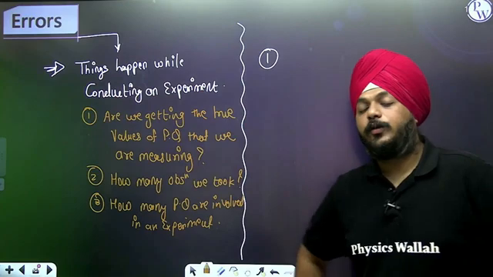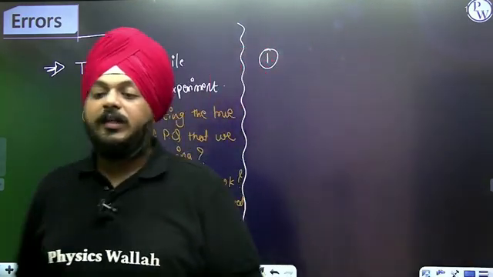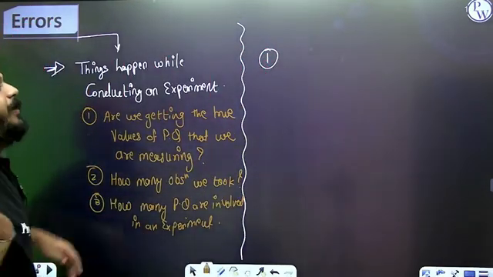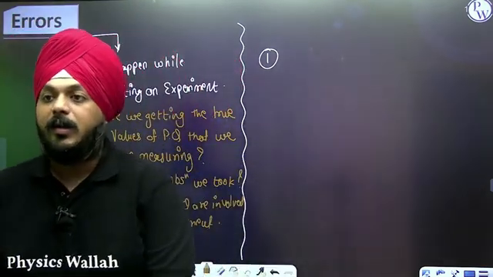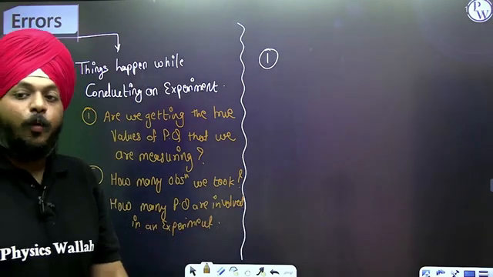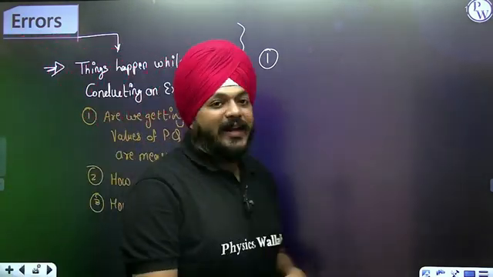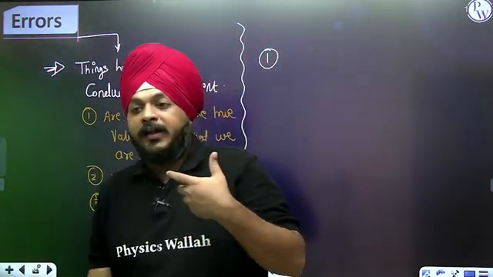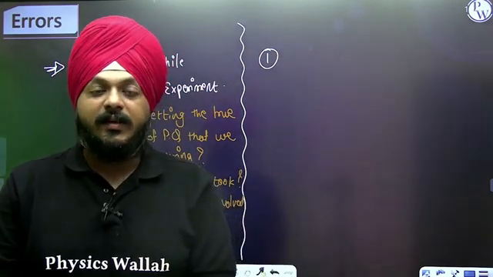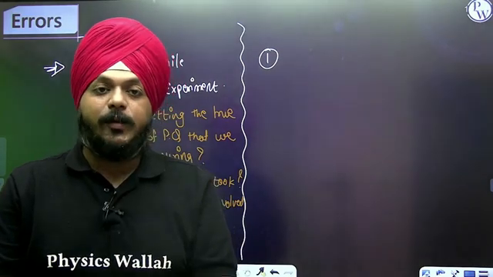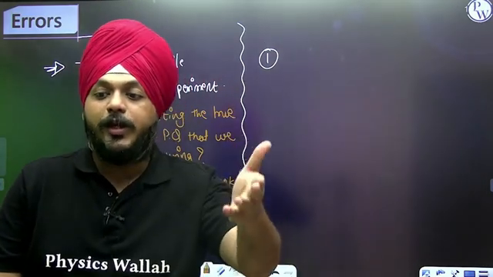All of this is going to define the error. Lots of factors are there. How environmental conditions play an important role while conducting an experiment, and how instruments are supporting you. Are we getting the exact value of the physical quantity that you are measuring? If we are not getting an exact value, then what is the difference between the value that you have measured